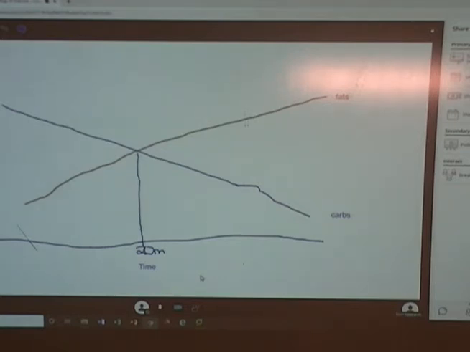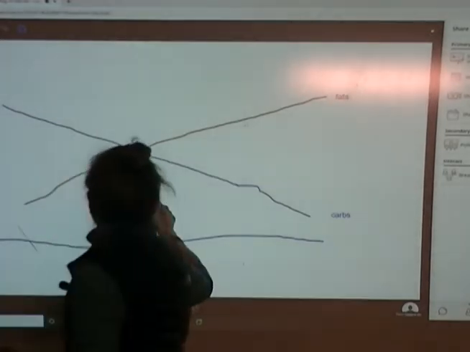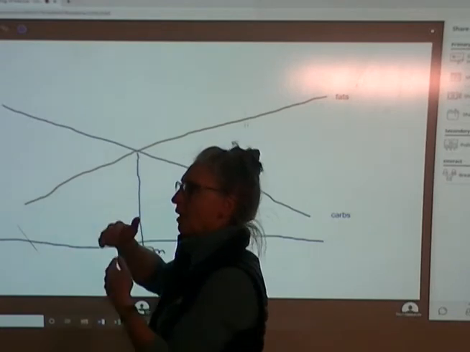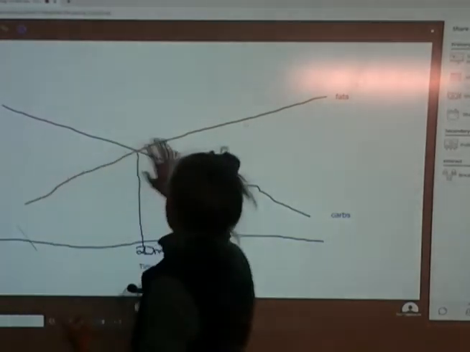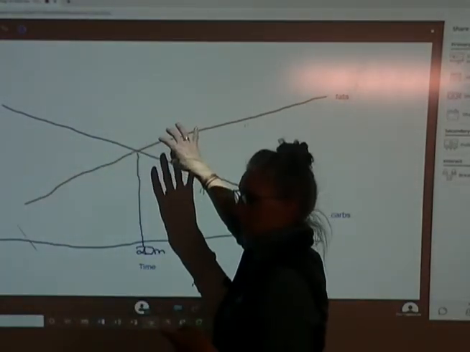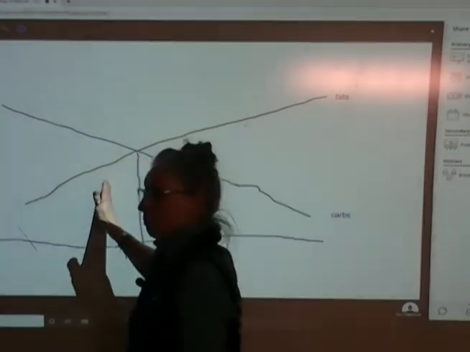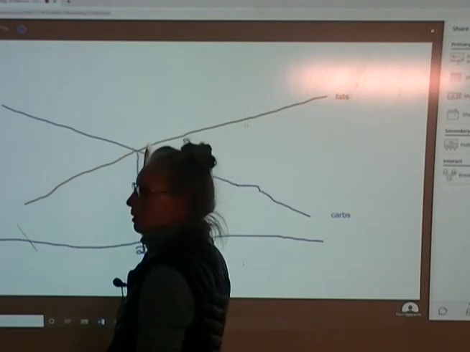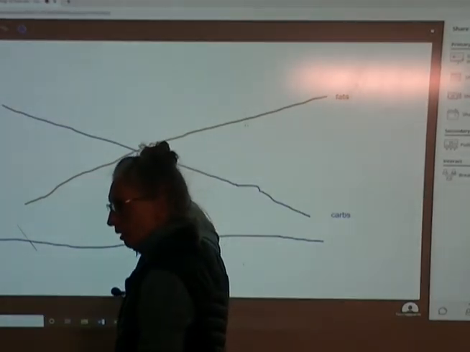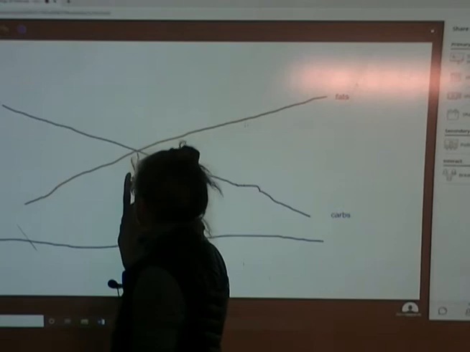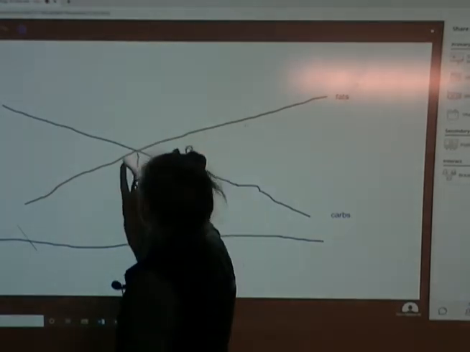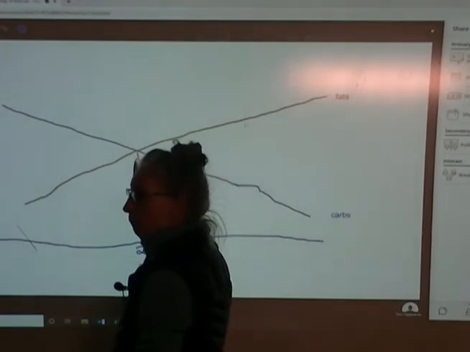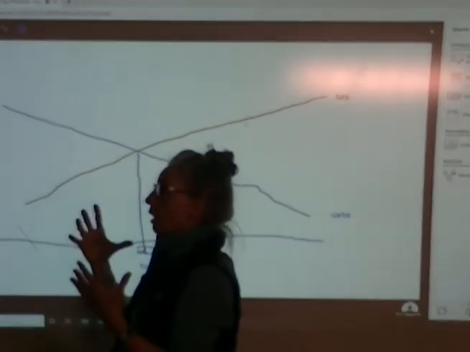Now I know that 20 minutes is the point at which I've been going long enough to stimulate that fat use. So if I'm only doing 15 minutes or 10 minutes, I still am not optimizing my fat use, right? Because fat being the predominant energy source occurs at 20 minutes,